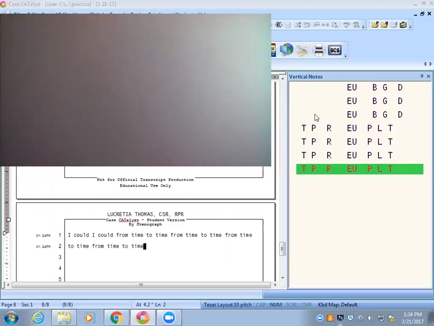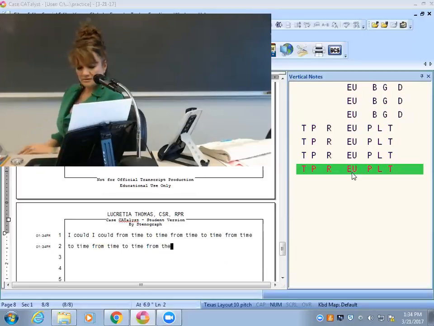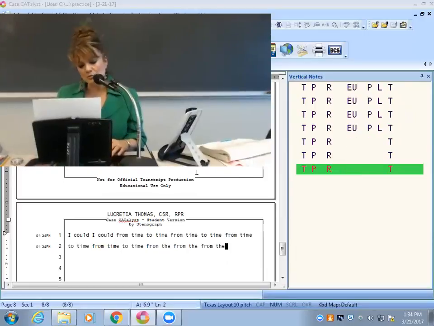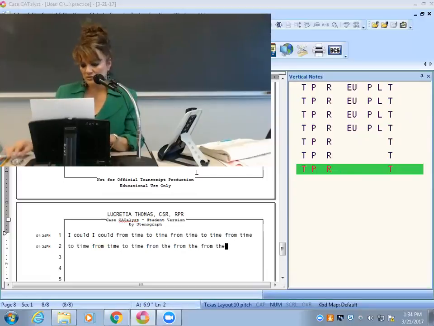Think of the FR for from. Time is the I to time. T and then M. From time to time. Friend. And then one more is from the FRT. Initial FR, final T. And this is just sentences from your homework sheet so you can hear them and then you'll know how to practice it. So remember, this isn't until next week, okay?